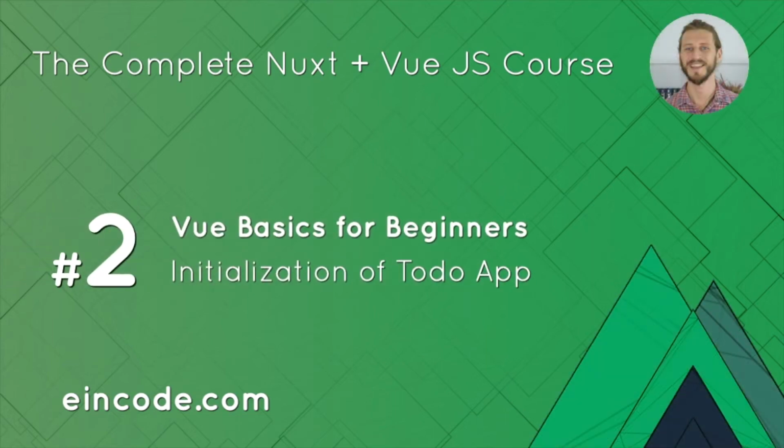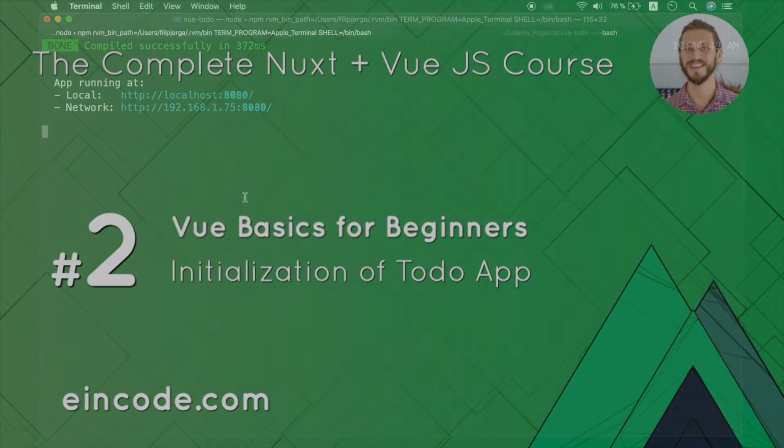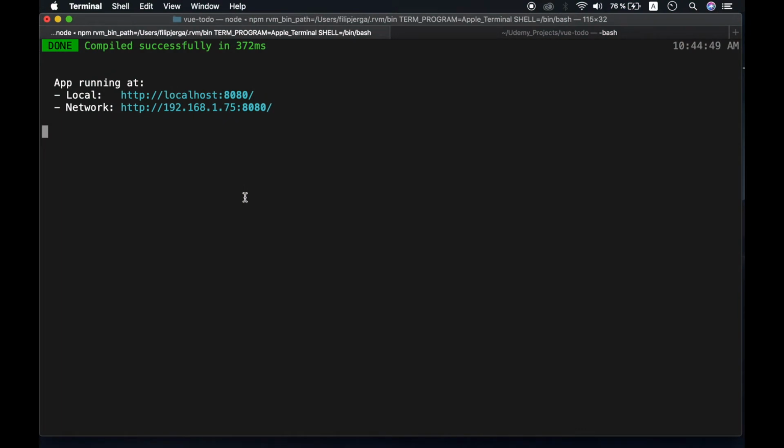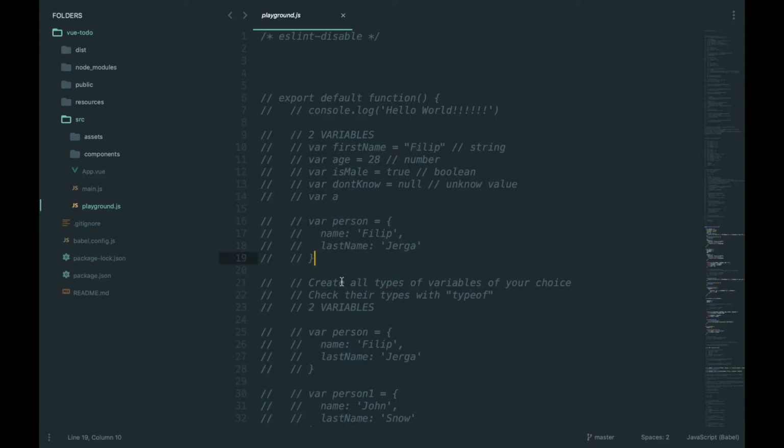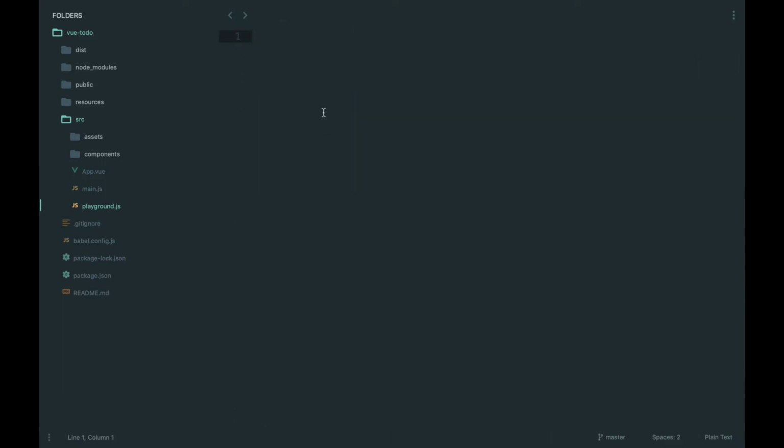Hey guys, welcome back. In the last lecture we finished with the playground lectures. In this lecture we'll continue and we will start working on the actual Vue application. Let's start. Open your coding editors, close playground.js, and let's take a look at the folder structure